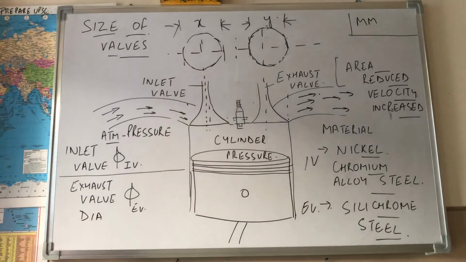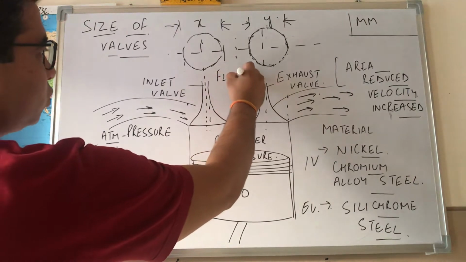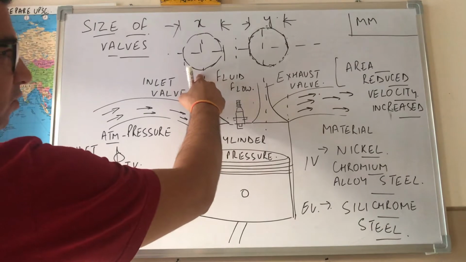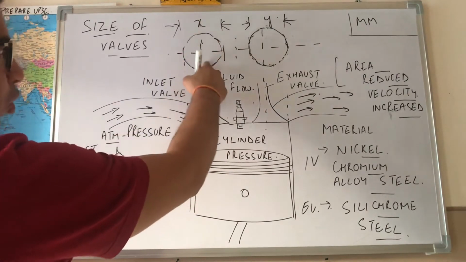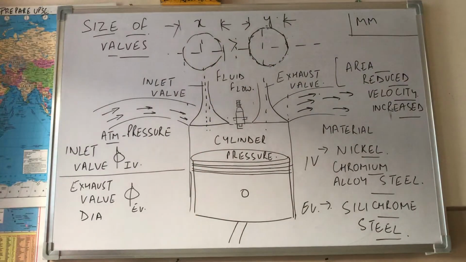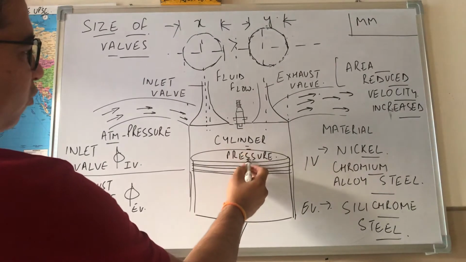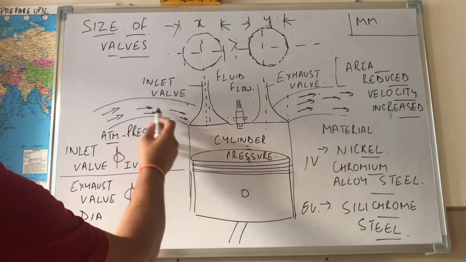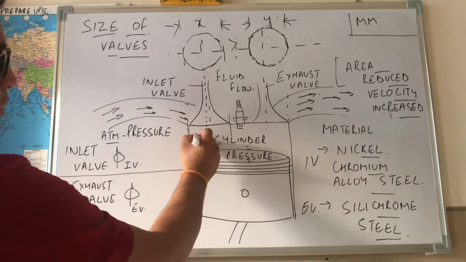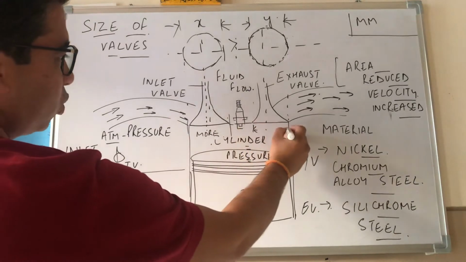So here the difference is the fluid flow. Always remember, students, the difference is due to the fluid flow. The inlet valve dimension is always greater than the dimension of the exhaust valve. Why? Because we require a fresh charge to come inside the cylinder. So we require the size of the inlet valve to be more as compared to the size of the exhaust valve,